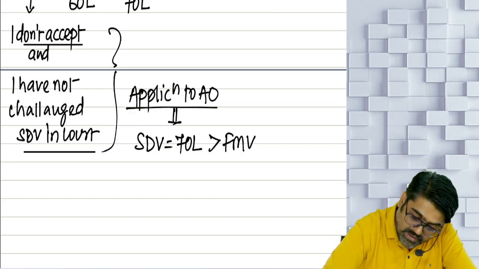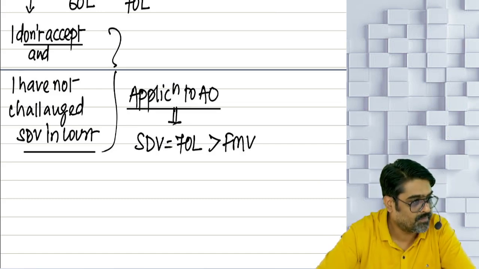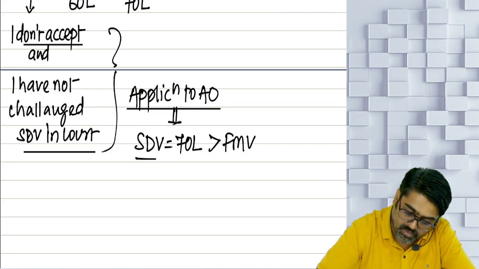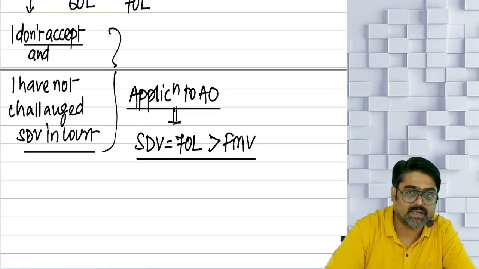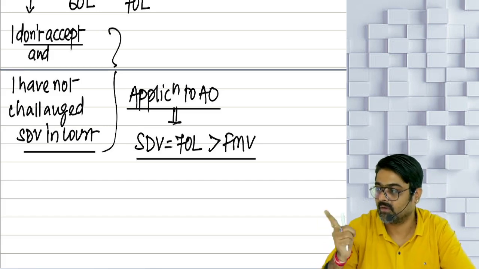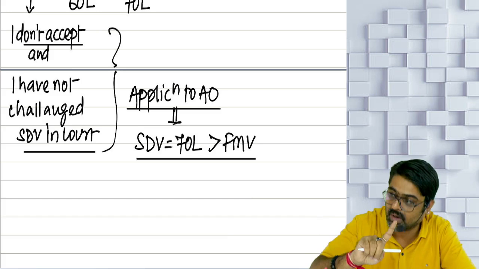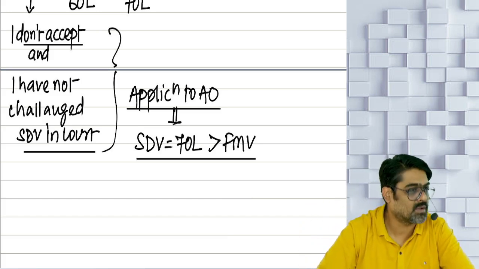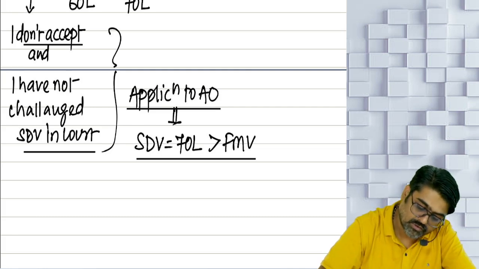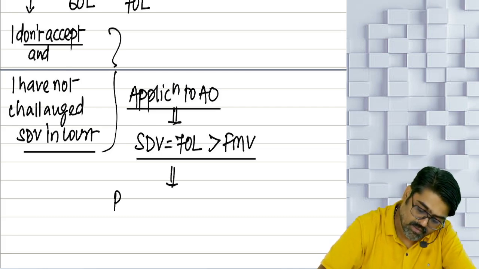AO, when the application will be made to him saying that the stamp duty value, which is taken as my full value of consideration, is higher than the fair market value, meaning the fair market value is lower as compared to the stamp duty value. Yes or no? So AO on receipt of this application will refer,